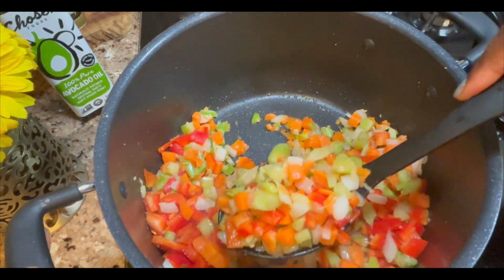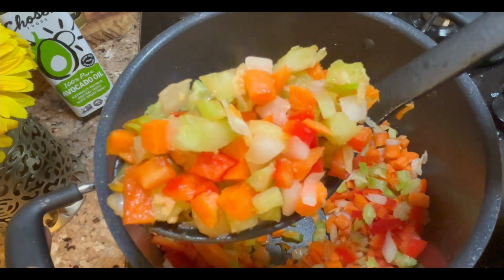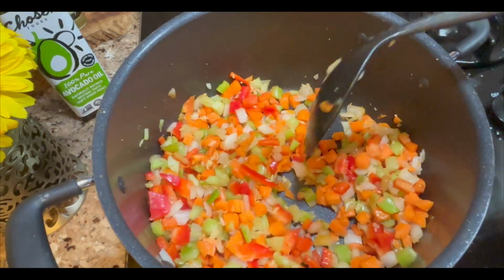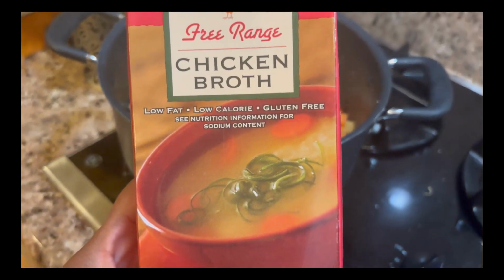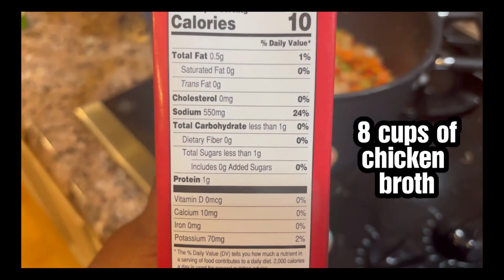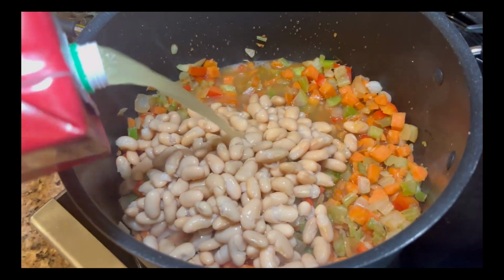This step releases all of the incredible flavors and makes this soup taste so good. So make sure that you are stirring it and releasing flavors. Next up, I'm going to use this chicken broth. You can use about 8 cups of it, 32 ounces or so, and go ahead and add that in to